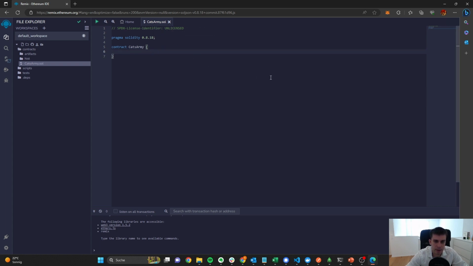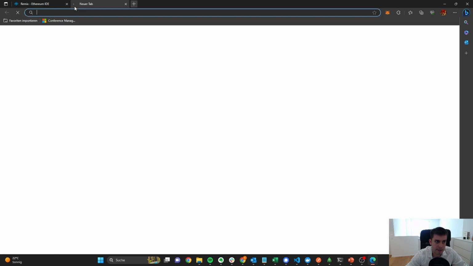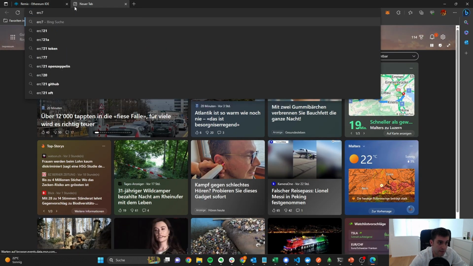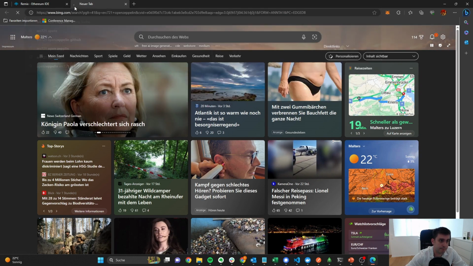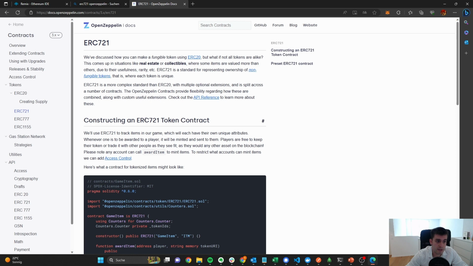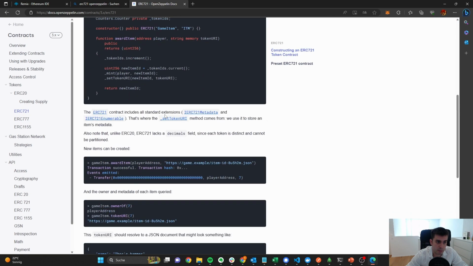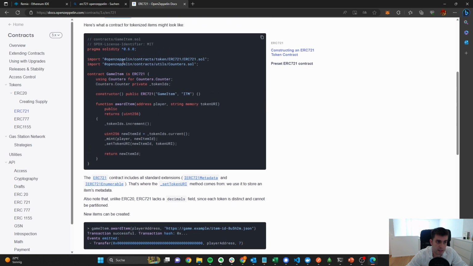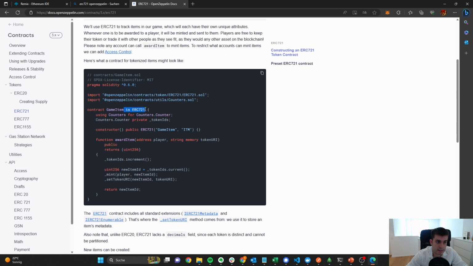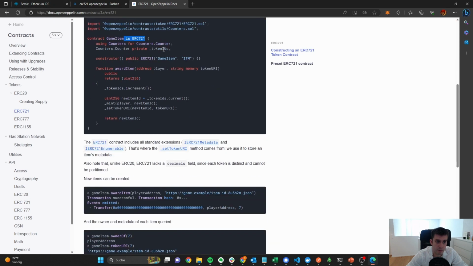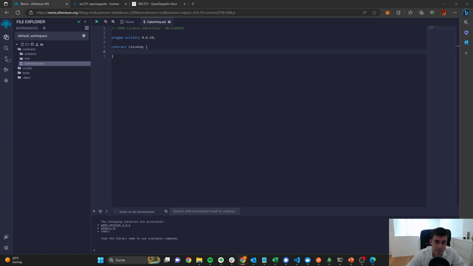So what we would like to do now is use OpenZeppelin ERC-721. So let's search for ERC-721 OpenZeppelin, and they are providing us with a smart contract which already implements the interface of ERC-721. So we can just import that and we can extend our contract such that all the functions of an ERC-721 token are included within our contract. So they are importing this ERC-721.sol. What we would like to do is import an extension of that, so we add some more functionality than the standard